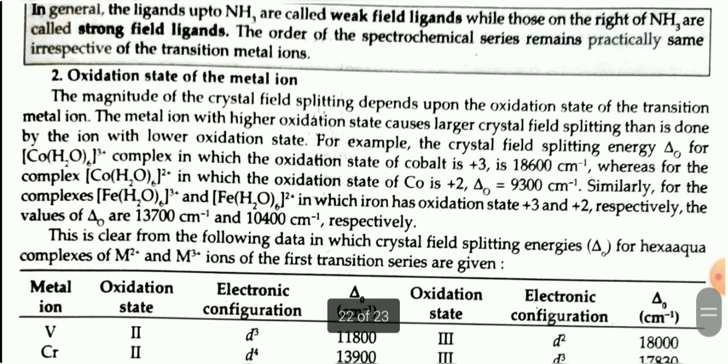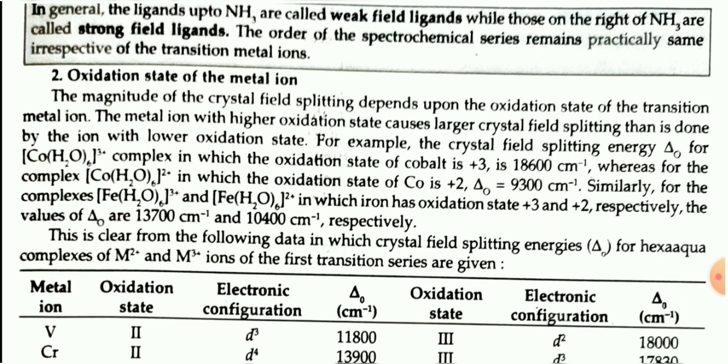Second, oxidation state of the metal ion. The magnitude of the crystal field splitting depends upon the oxidation state of the transition metal ion. The metal ion with higher oxidation state causes larger crystal field splitting than is done by the ion with lower oxidation state. For example, the crystal field splitting energy Δ naught for the [Co(H2O)6]3+ complex, in which the oxidation state of cobalt is plus 3, is 18,600 per centimeter, whereas for the complex [Co(H2O)6]2+, in which